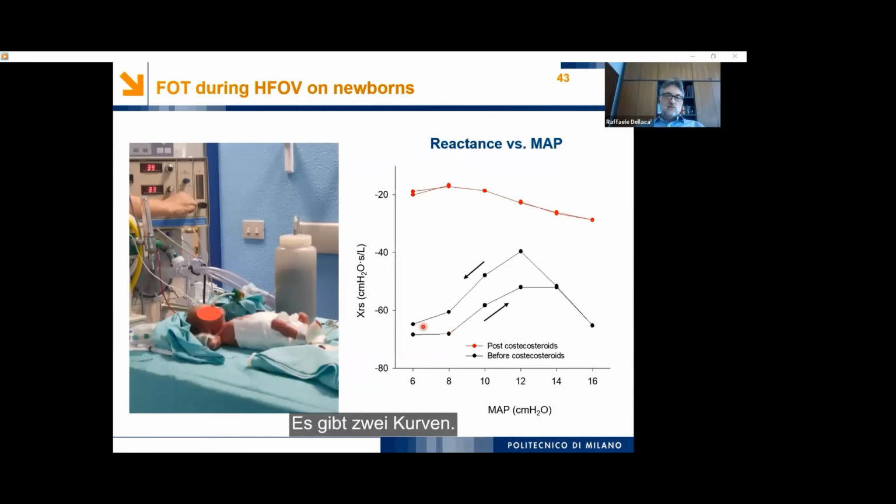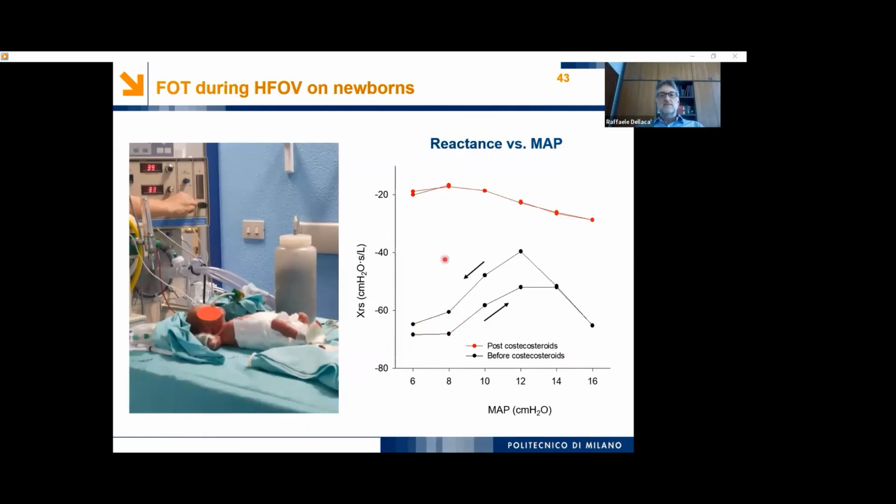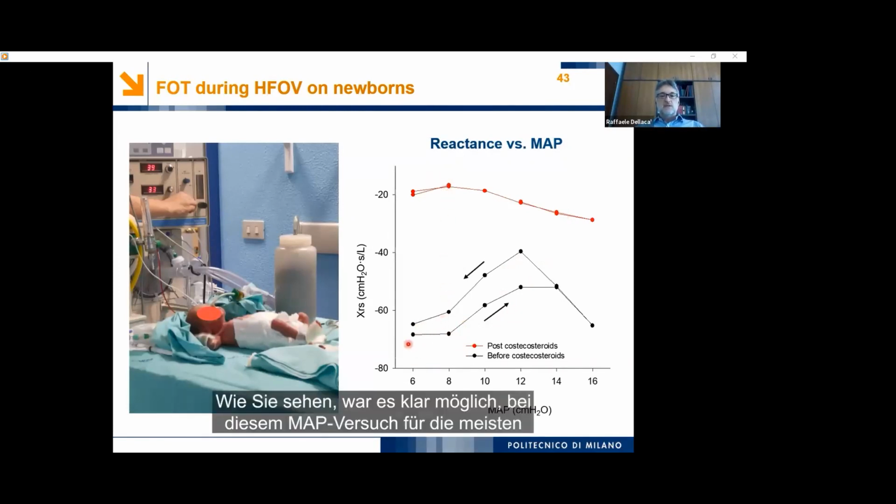There are two tracings you can see. The black one is the acute condition before steroids, and the red one was before weaning, so after steroids. As you can see, it was clearly possible to identify the typical waveform, the shape of the reactance versus pressure that we have seen before, with an